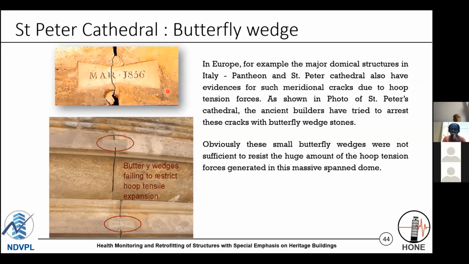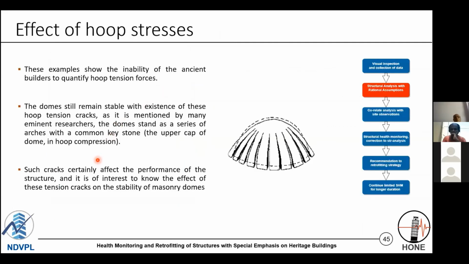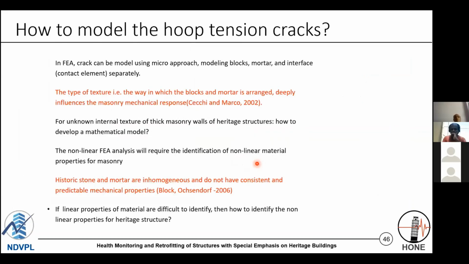It's there in the Pantheon. But the point is, if it has been there for the last 2000 years, 1000 years, why are we trying to retrofit it? If the structure is standing with those cracks for so many centuries, is it really necessary? Is it essential that we should arrest those cracks? As I said, the analytical method addresses these hoop tension cracks. I'm just showing you one example of FETLA, how it is effective and useful.